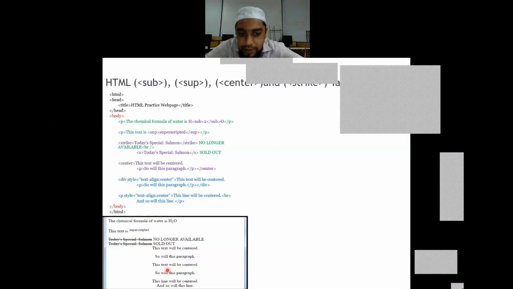Can you feel any difference between this one and this one? No, there is not much difference. Here visually we can see that there is a line gap, space gap.